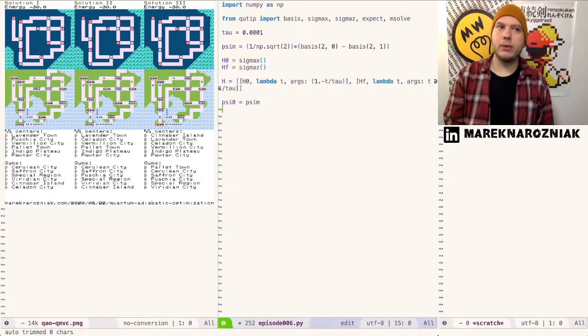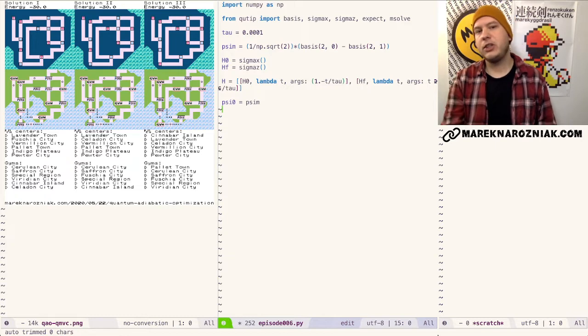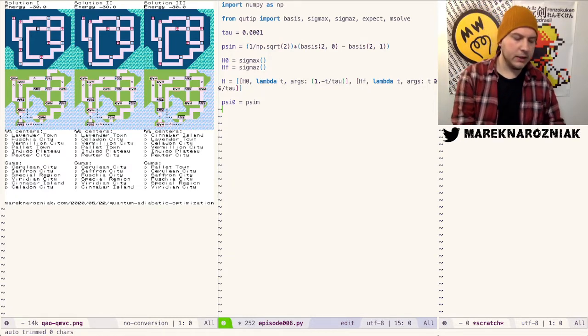We will also want to know what is the exact energy, so that we know how our energy compares to the exact energy, so that we know how adiabatic we are. And we will also want the expectation values of the ground state of both Hamiltonians, so that we can actually see if we reach the ground state or not. So let's do it. So let's make a measurement function,